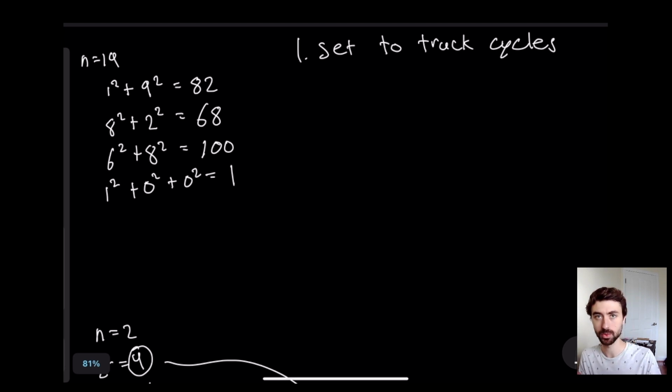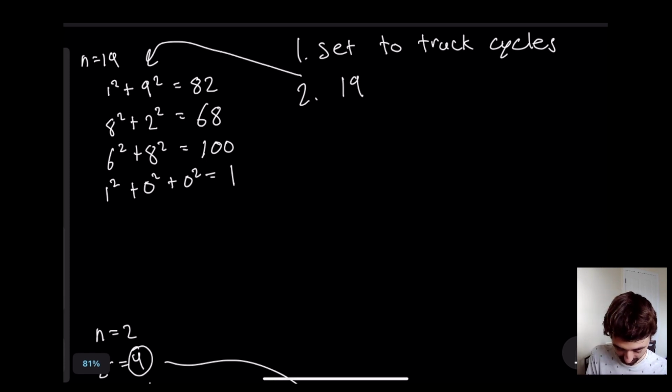And then for doing the actual taking a number, splitting it into digits, and adding the squares, the sum of squares of the digits, we can use a trick that some of you might have seen in Python before, where we can loop over a number by taking off the ones digit and then dividing the number by 10. So let me show you what I mean. So say we wanted to get 19 and we wanted to turn it into this. We could loop over it, so there'd be a for loop. And each time we go through the loop, we would say